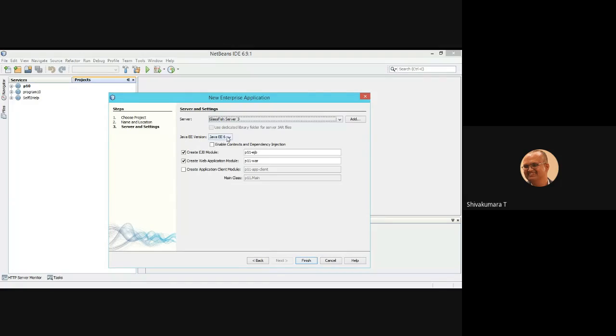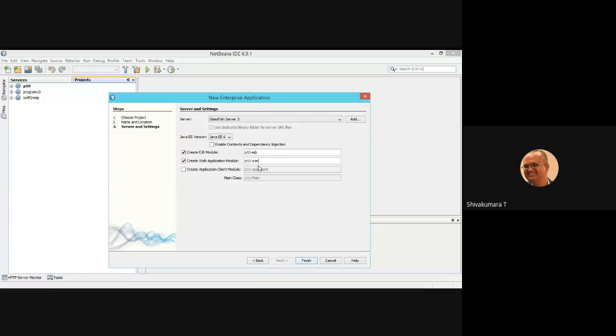Okay, let it be as it is, the Java EE version, the default setting. Create the EJB module, the enterprise EJB module, where the bean kind of files are going to be created. Second, it is going to create the web application module. If you need a command line interface client related module, you can click this also.